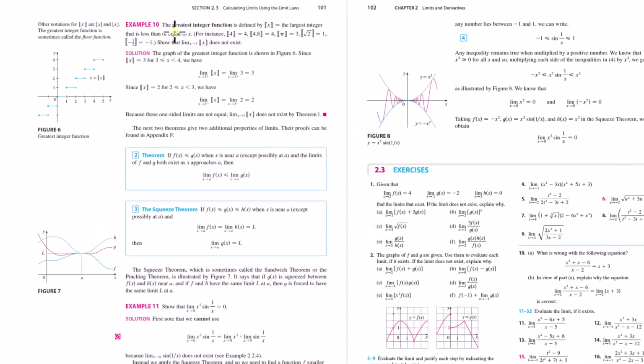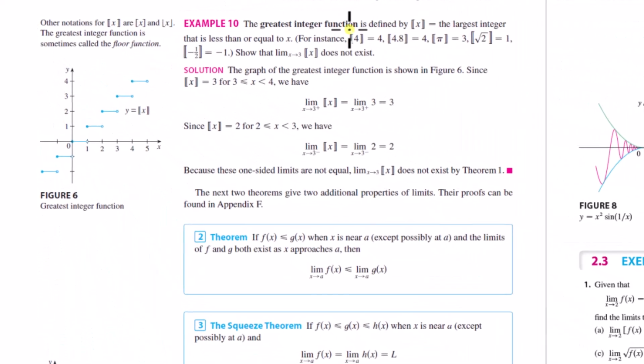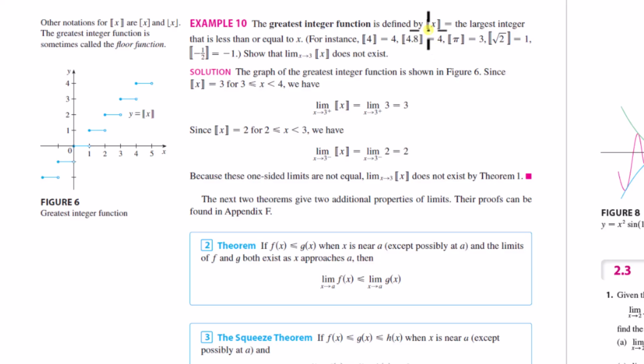Okay, this next example is based on the greatest integer function. With the greatest integer function, you input an x, and the output is the largest integer that is less than or equal to x. So this function always rounds down in all circumstances to give the greatest integer that is less than or equal to x. This is also known as the floor function, and